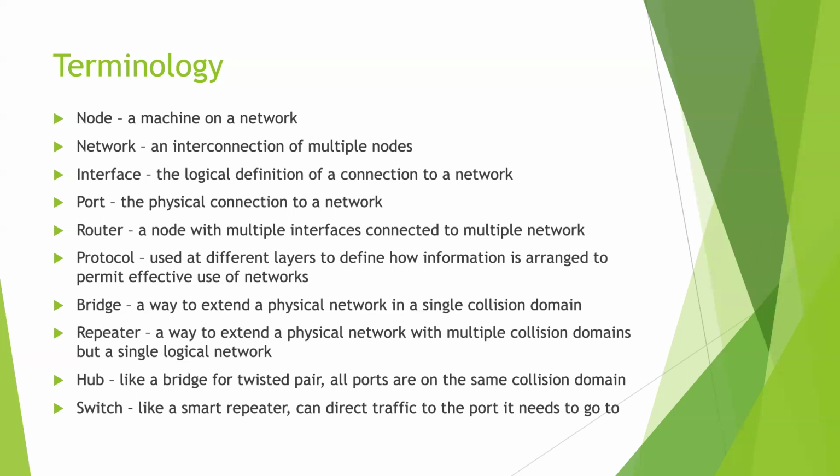A switch is kind of like a repeater for twisted pair. It's smarter than the hub. It can say, oh, well, this wire is busy right now, so I'll hold on to that information for a second and then I'll send it out when I can. And it will only send it to the ports that it needs to go to. And it's the full bandwidth between ports. A hub takes that 10 meg, typically, so everything is 10 meg for everything, right? But with a switch, any two devices can get the full bandwidth of the network, depending on the backplane of the switch.